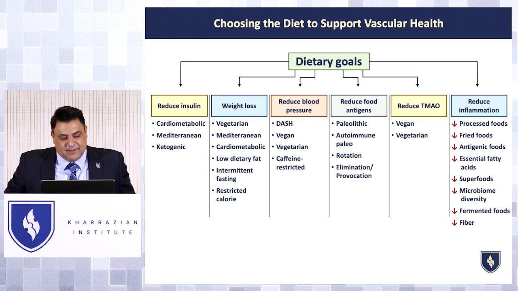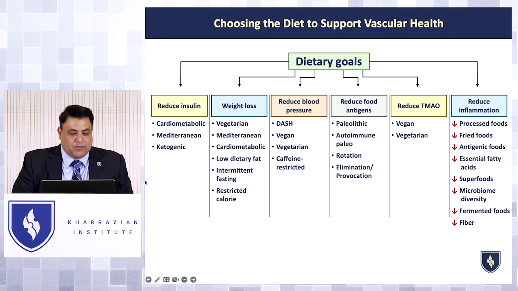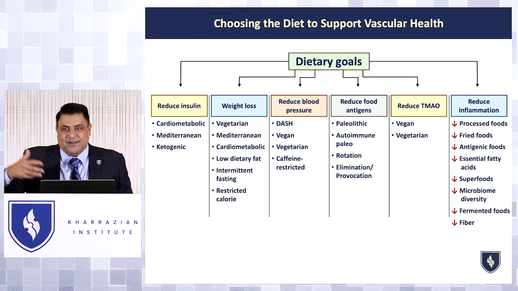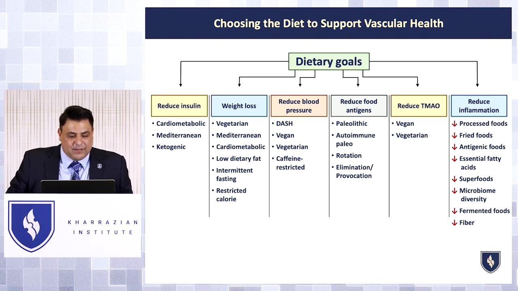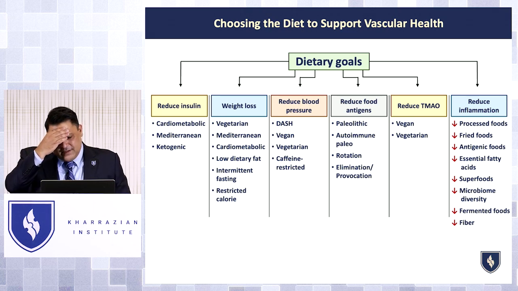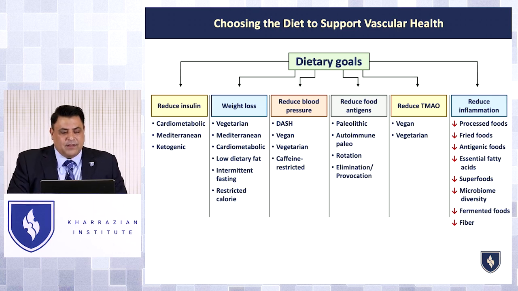Obviously, that's going to be the generalizable diet for most people to follow. But some people can't follow a Mediterranean diet because they have autoimmune disease and it's filled with lectins. They can't eat beans and tomatoes and all the things in a Mediterranean diet because it's an issue with them. Some people may not be able to eat the fishes in a Mediterranean diet because they have high TMAO levels, and the TMAO levels may cause severe inflammatory stress to the endothelium.